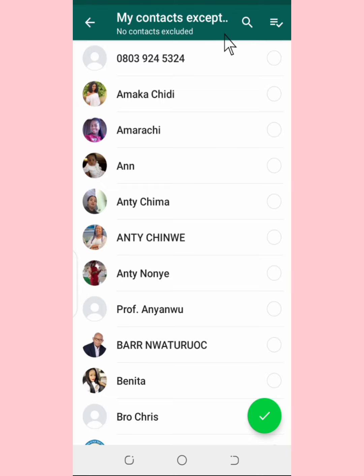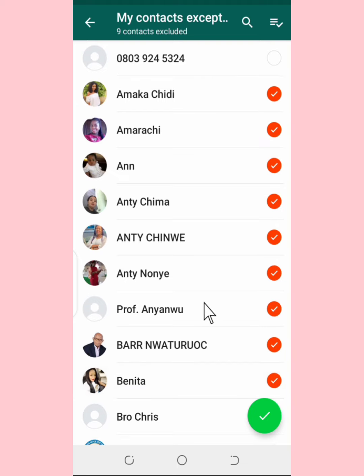If you tap on some contacts here, so all these contacts, once you tap on all these contacts, it filters those you don't want to add you. Okay, so now here you can regulate the people you want to add you to a group. Okay, you can regulate the people. So all these ones that are being tapped means that they are being excluded from adding you to a group. They are being excluded.